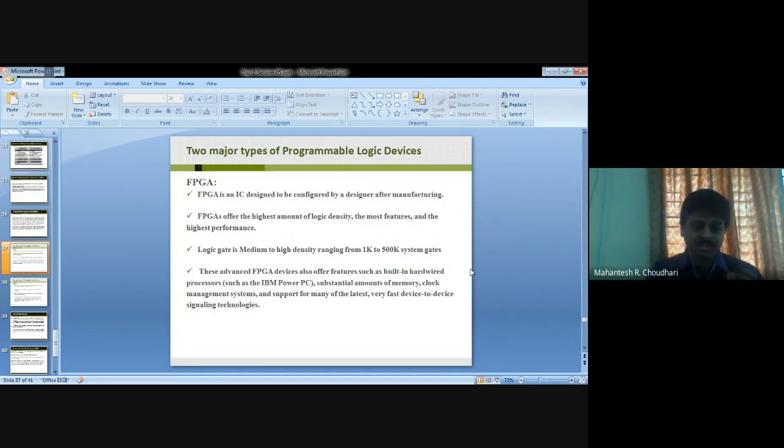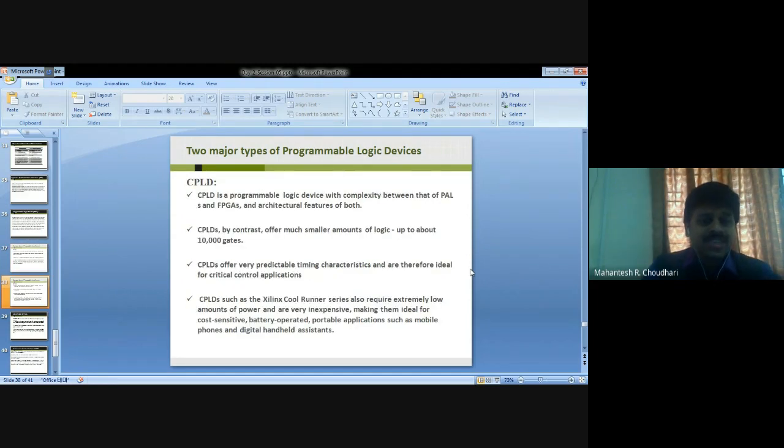So FPGAs are used in a wide variety of applications, ranging from data processing and storage to instrumentation, telecommunication, and digital signal processing.